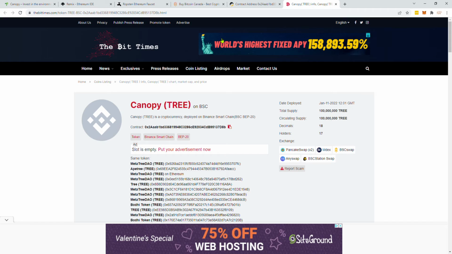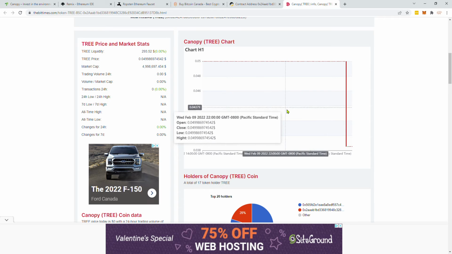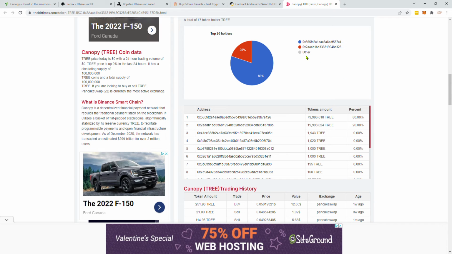a site called thebittimes.com, where my canopy tree is, and the contract address here is shown. And it's kind of a neat site. It shows the tree price at just under 5 cents a tree, the number of holders. You'll see I'm the 80% I'm holding back, and then there's the 20%, which is 20 million roughly of tokens that are